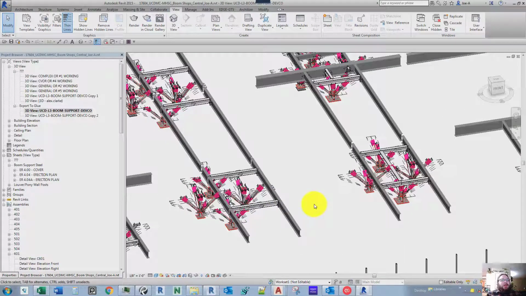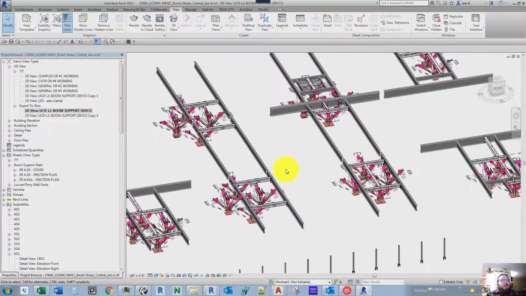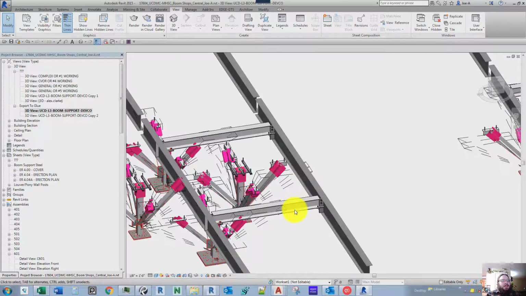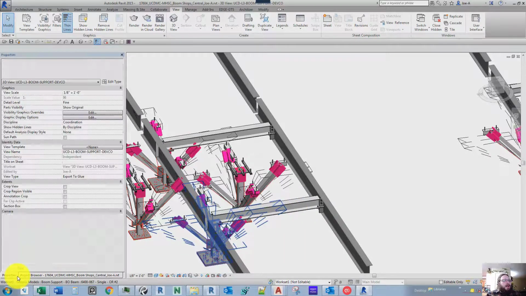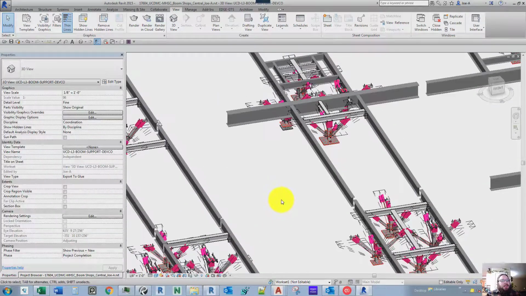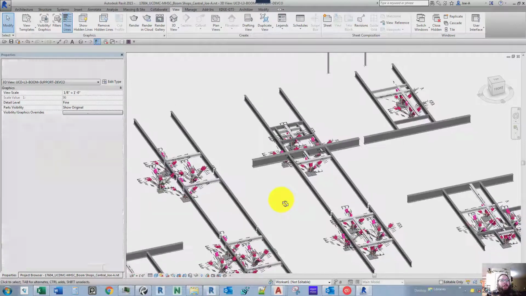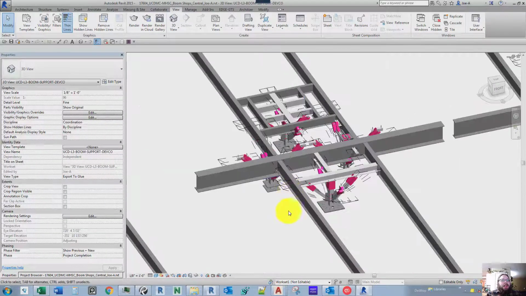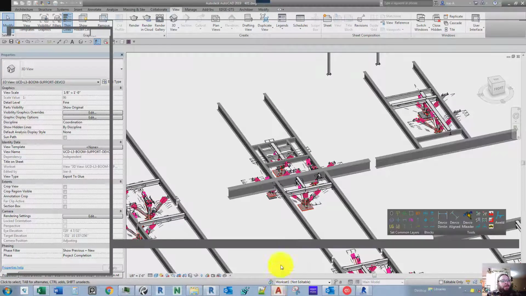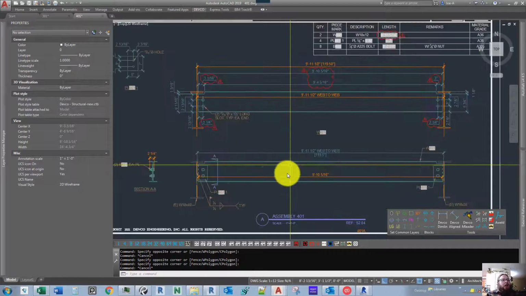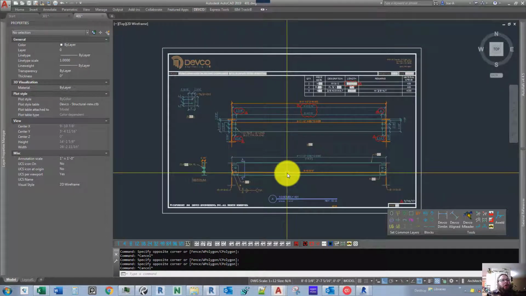But we ended up starting off with these booms, these boom supports. Because it was an existing building, they were modifying the building, so we had to add additional beams, these wide flange beams here. We had to add them in locations for support for the booms. And so we initially started off by our engineer designing the beams to support the loads and to add into the structure. And so we started off doing 2D drawings, and I love AutoCAD, but what I don't like about the CAD process per se is